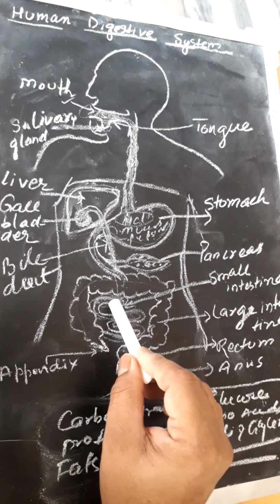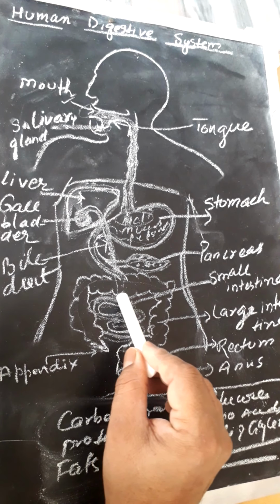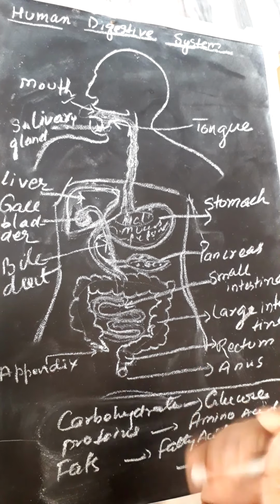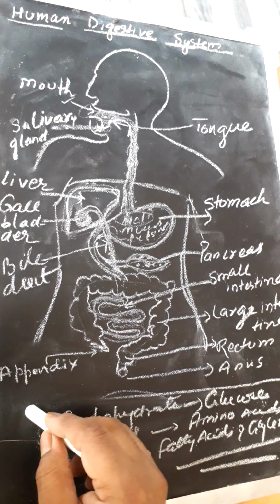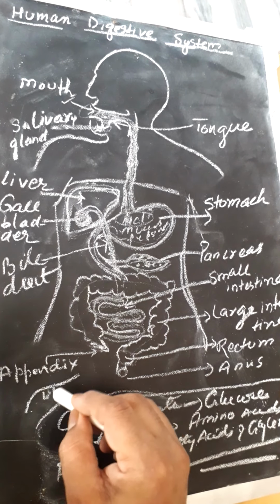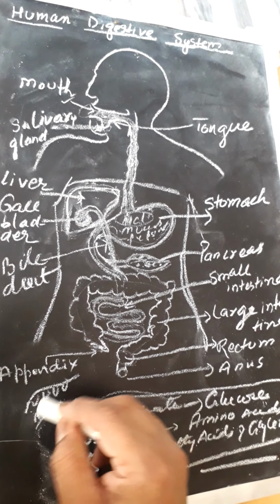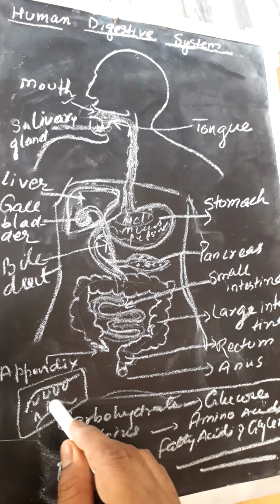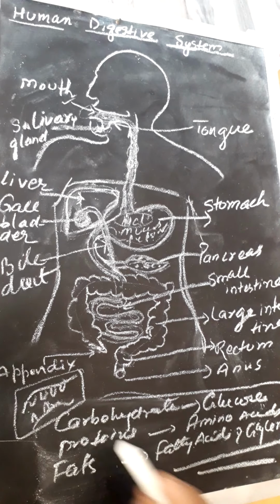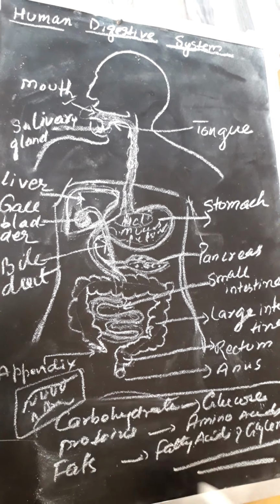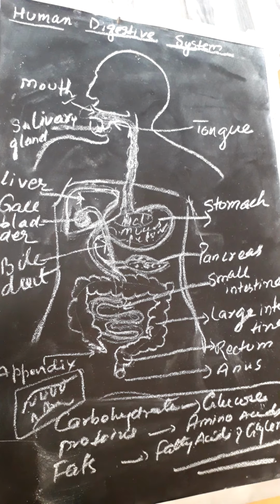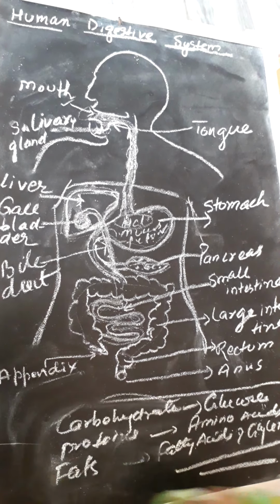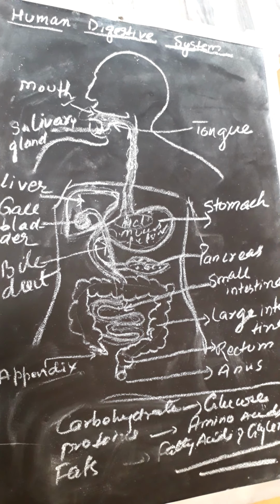Along with this, absorption of food also takes place in this small intestine. With the help of a special type of projection inside it, in the small intestine we will see millions of these finger-like projections, which help in the absorption of digested food, and the absorbed digested food is given to blood vessels, from where it is carried to different parts of the body, or we can say different cells of the body where oxidation or respiration takes place.